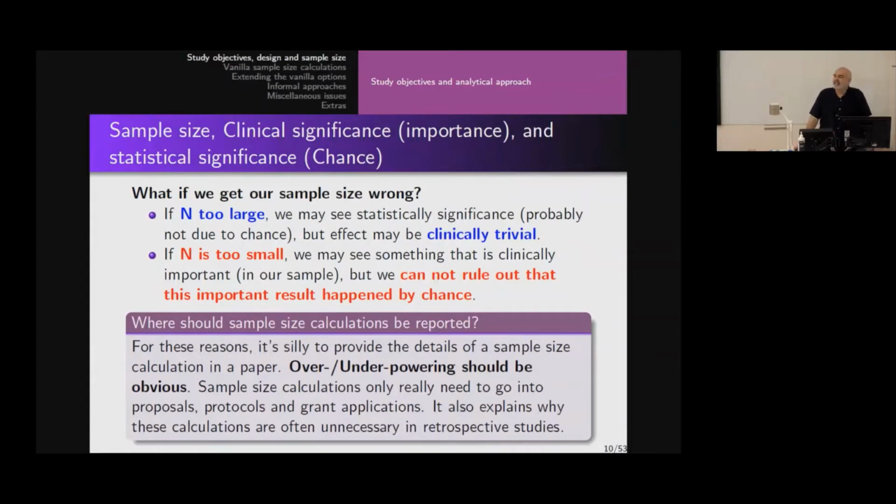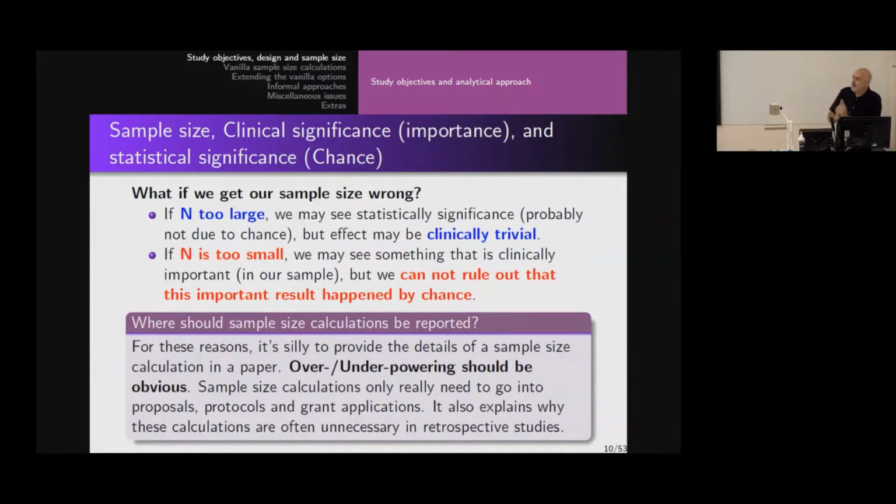The second is if the sample size is too small, the worst type of study. We may see something that is very, very important. The treatment may look like it does a great job, but we can't rule out this being due to just chance. In other words, in our sample, we see a huge treatment effect, but we cannot assume this is going to hold for the population from which that sample was drawn. Does that make sense? It worked in the sample, but we can't say it'll work in the population. Okay?